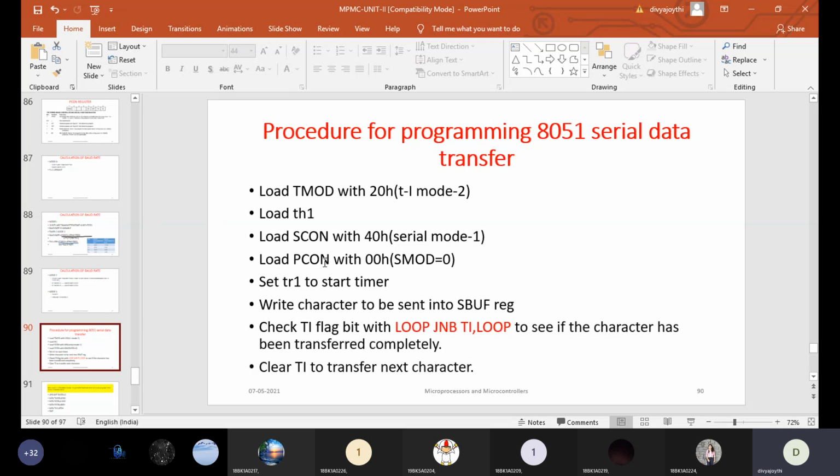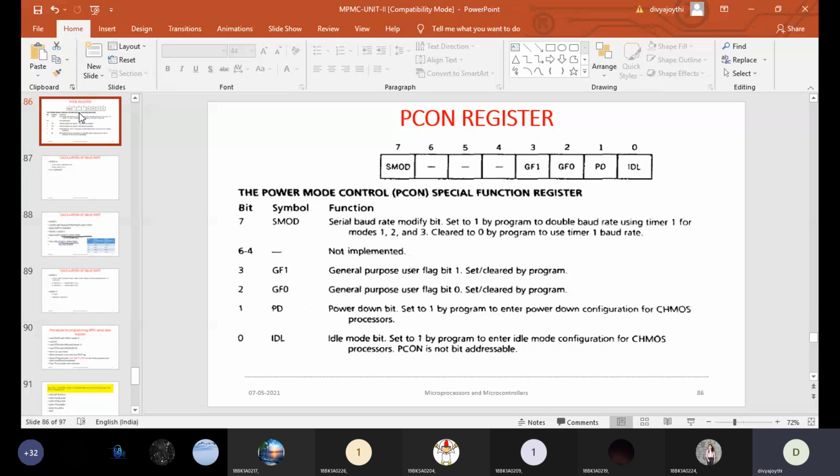Why is PCON going to be 00? Just have a look at the PCON register. In the PCON register, 3 bits were not developed by the time it was introduced in the 8051, so these 3 bits will be zeros. And if you look at these flags, these are general flags which will be set or reset by the program itself, so these 2 bits are not in our hands. And this is the power down bit and this is the idle bit. So these 2 bits need to be 0, and these 2 will become 0 by the program itself.